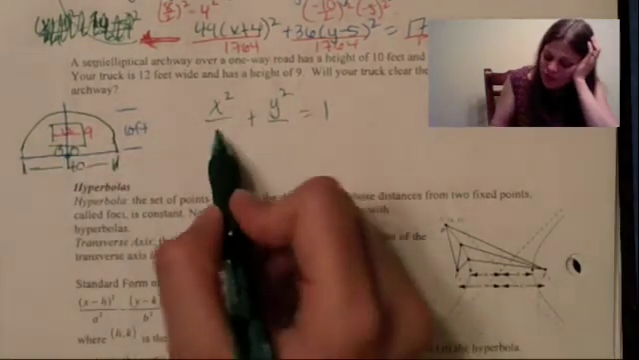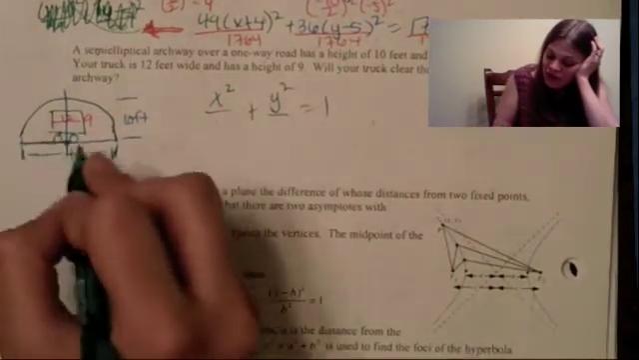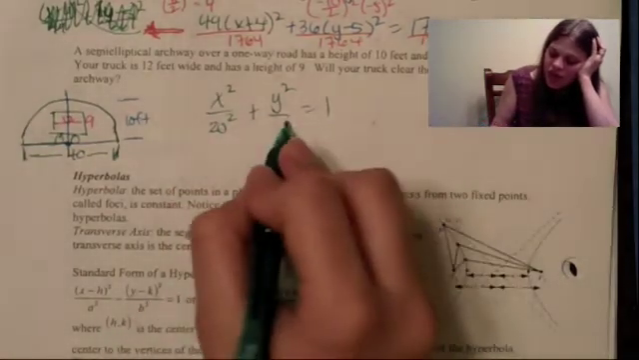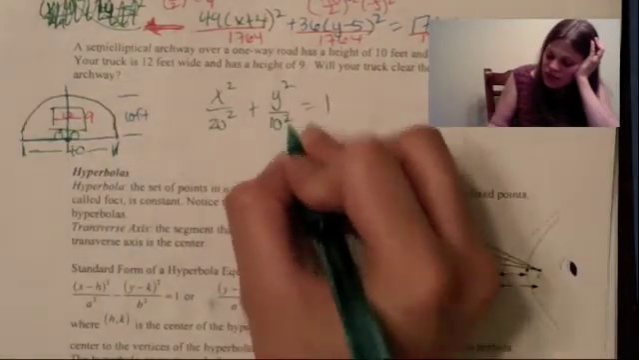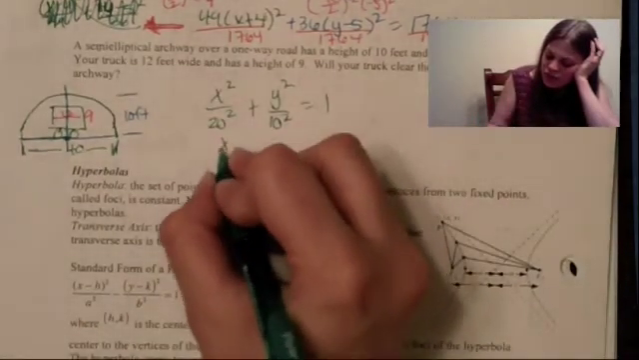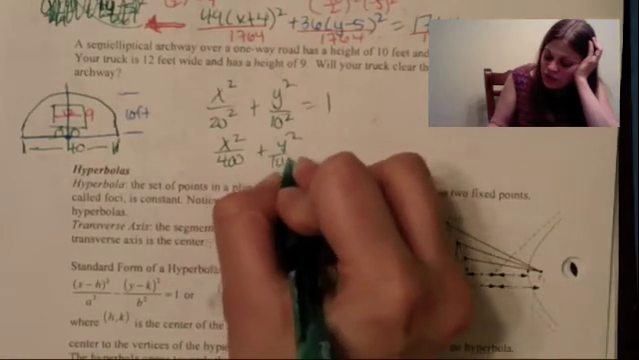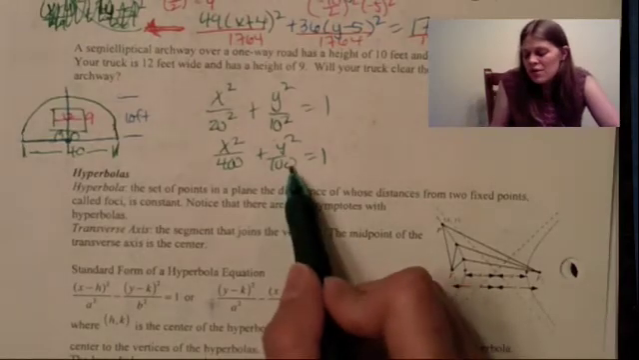Also, it's left and right, so I'm going to put it underneath the x. But remember that your a value is just half the distance, so I'm going to put 20 squared underneath the x. And then the y is already the half distance, so I'm going to put 10 squared underneath the y. So this simplifies to x squared over 400 plus y squared over 100 equals 1. Okay, so